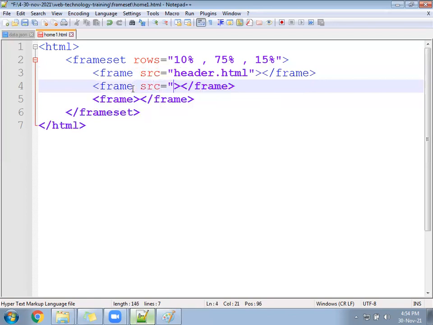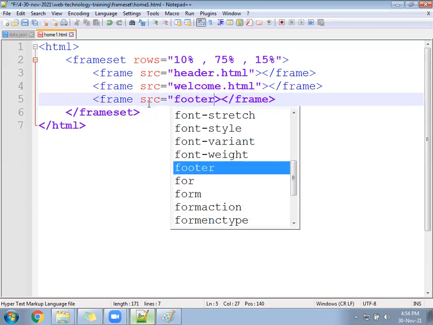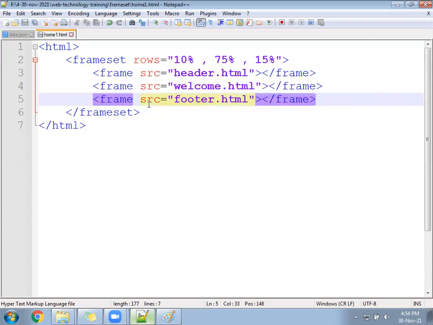SRC equal to, we'll create a file called welcome.html. SRC equal to footer.html. Header, welcome, footer.